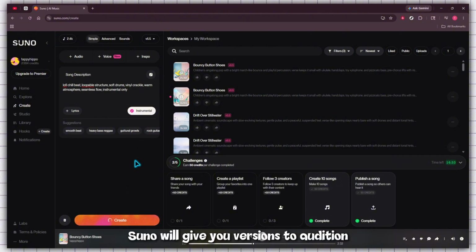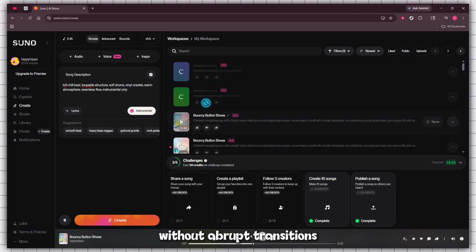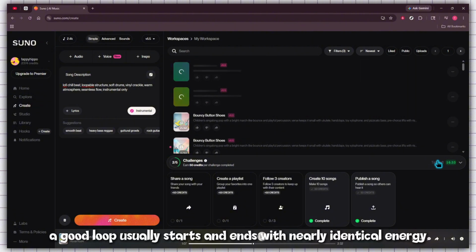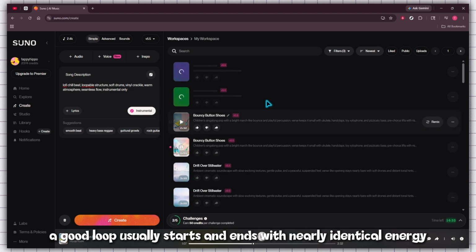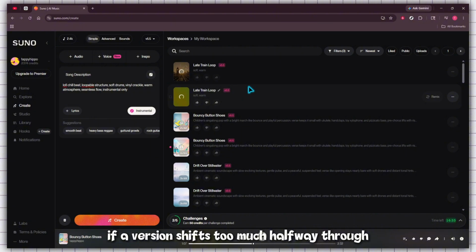Suno will give you versions to audition. Listen for the one that feels the most consistent from start to finish, without abrupt transitions, drum fills, or surprise chord changes. A good loop usually starts and ends with nearly identical energy, so when it repeats, nothing jars the listener. If a version shifts too much halfway through or lands on a dramatic hit near the end, skip it